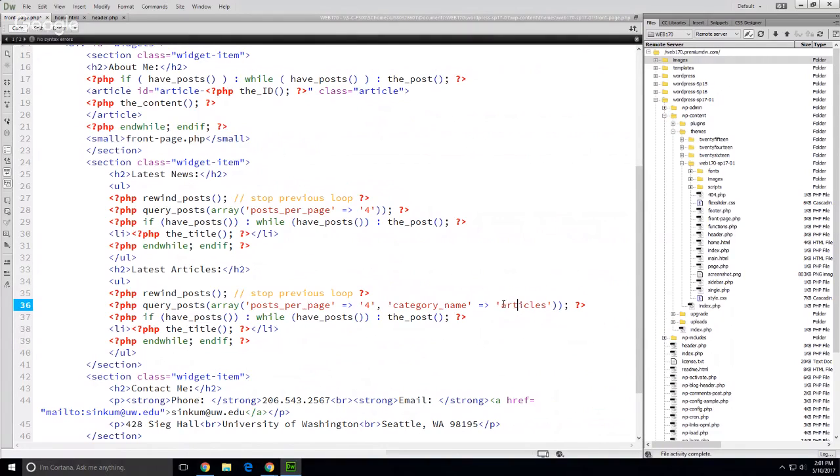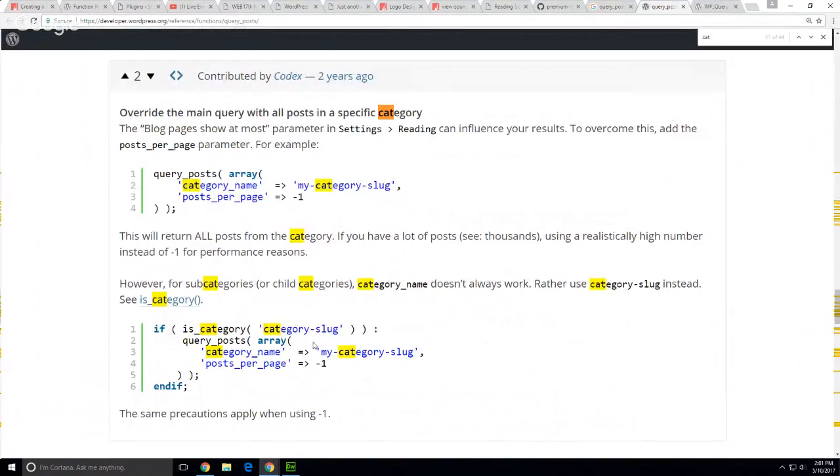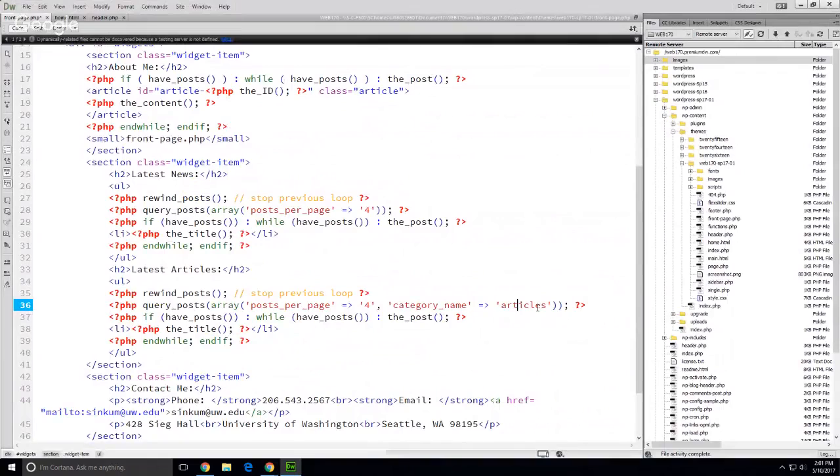Actually, you can use category name, category slug, category name. So I'm going to put the category slug there, the lowercase, right? And let's say for the title here, then I also wanted to say